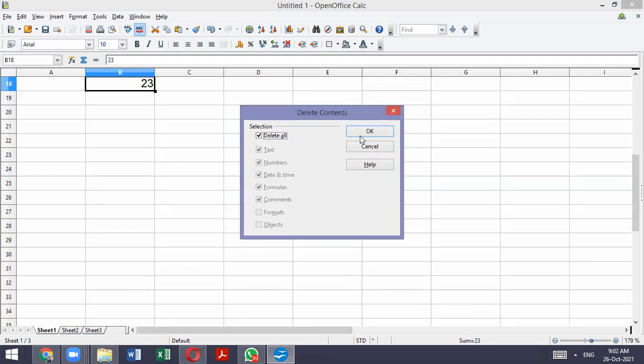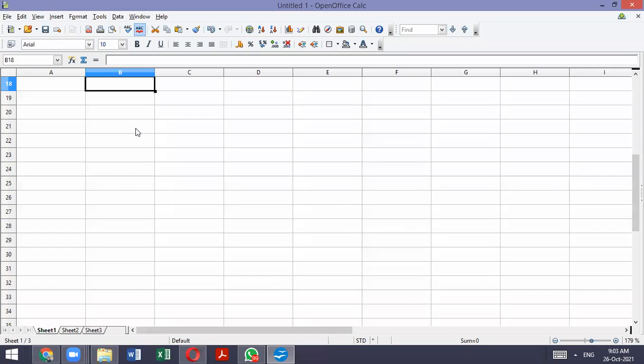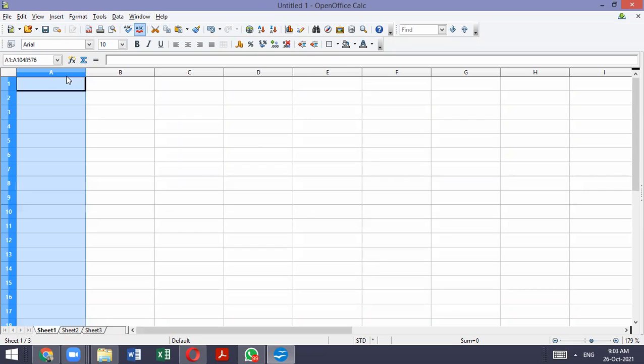So how to create a new workbook? So this is the way to create a new workbook. We have clicked on the spreadsheet icon, then a new workbook appears on the screen. Then how to enter the data over here? We need to enter the data. So how to enter it, students? How to enter the data?